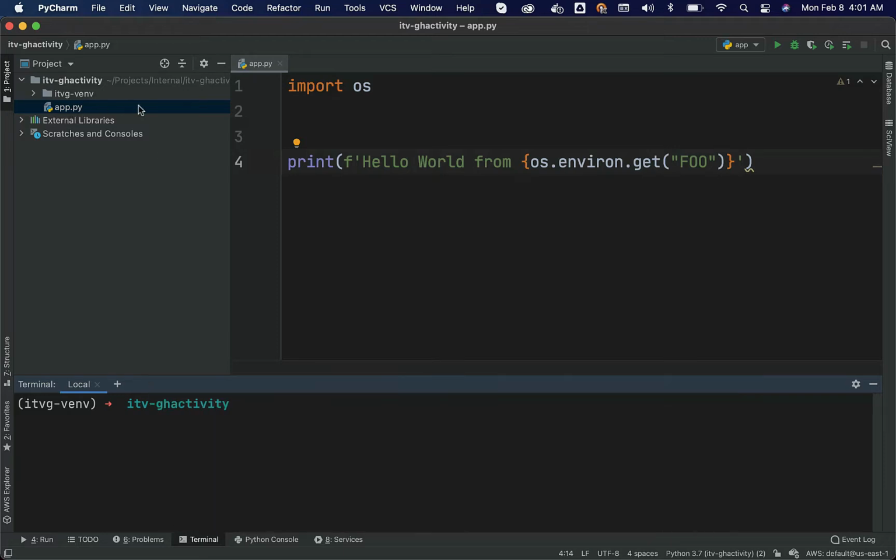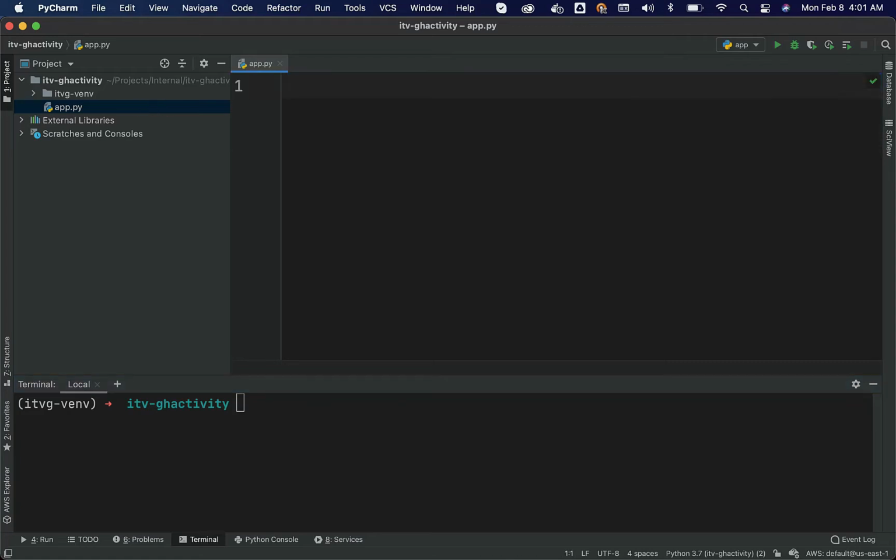We have run the hello world program, and also we have explored how to pass runtime variables as well as how to pass OS environment variables. Now it is time for us to get into the Spark related stuff. I can delete this for now. We will use appropriate libraries such as sys, os, etc. as we proceed further. For now, to get started, we just have to import SparkSession from PySpark, and we have to build something called a Spark object using SparkSession related APIs.